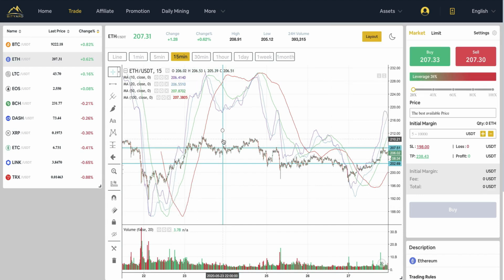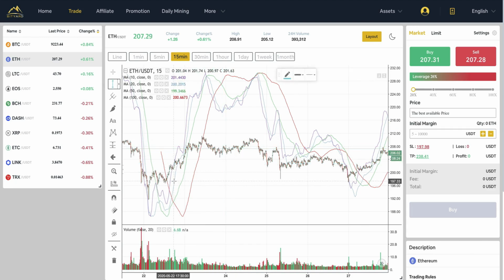So for example, initially we said that we would enter over here, right? So technically this is exactly where the lines cross, but it's possible that the green would still come down a little bit before going up. We didn't know that it was going to move up so quickly. So what you might want to do is wait just a little bit more, and here you can see that the green is well above the red, the blue is well above the green, and the purple is well above the blue. So this is a much stronger entry sign than, for example, this, okay,